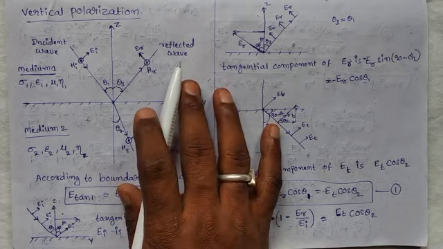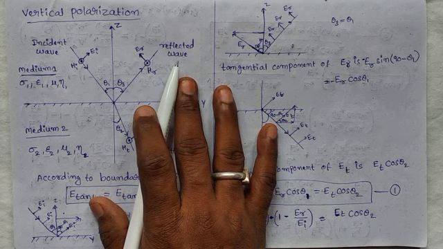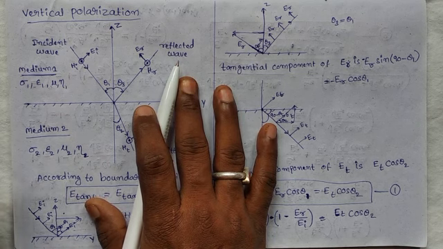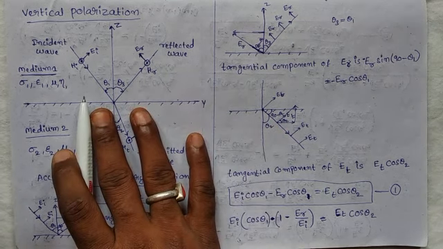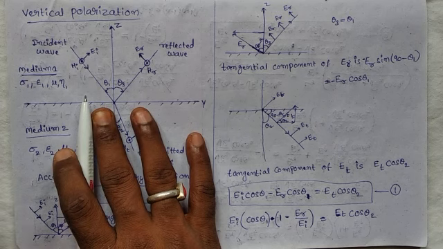In the previous section, we observed the horizontal polarization of a wave between two dielectric mediums when the wave is incident obliquely at the interface between them. In this section, we are determining the vertical polarization between two dielectric mediums. In this polarization also we are calculating the reflection coefficient.